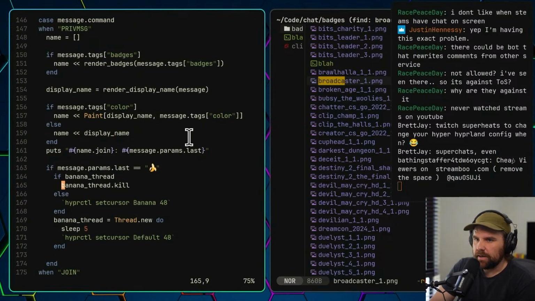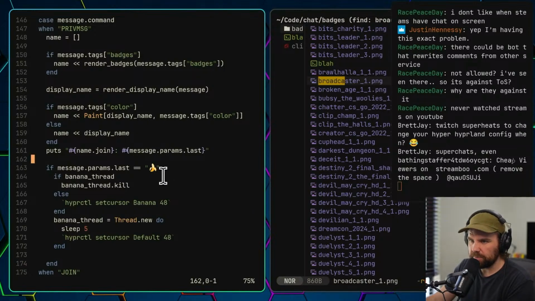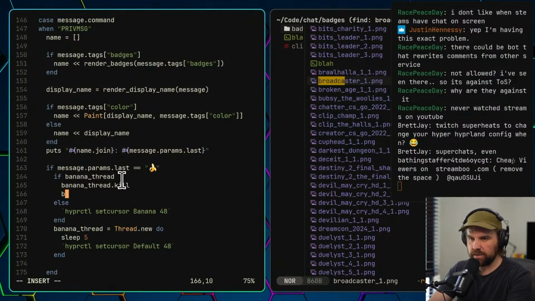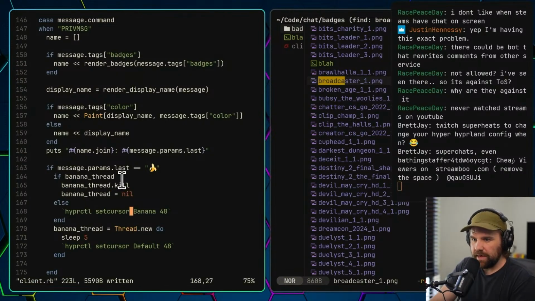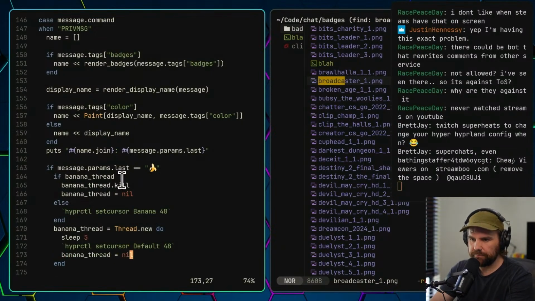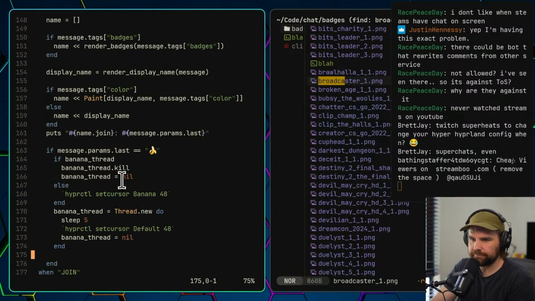All right. So, if the whole message is a banana, if there's an existing banana thread in play, kill it. I might just clear it out as well for good measure. But if there's no banana thread in play, set the current cursor to banana thread. Oh, and down here, I need to then clean up the thread.